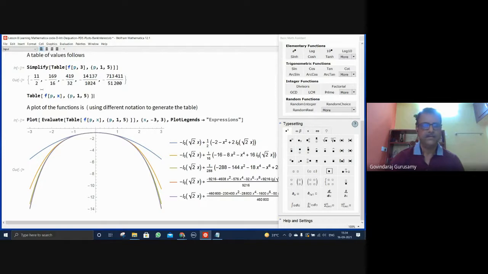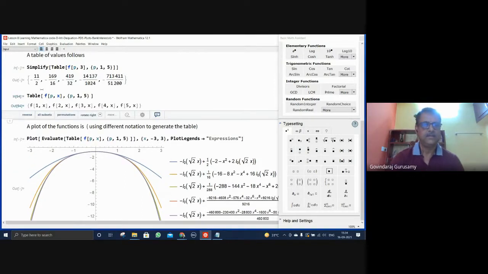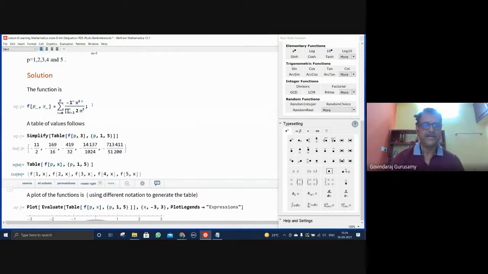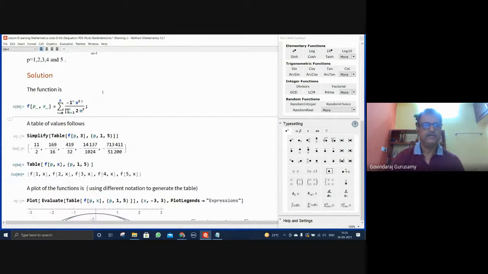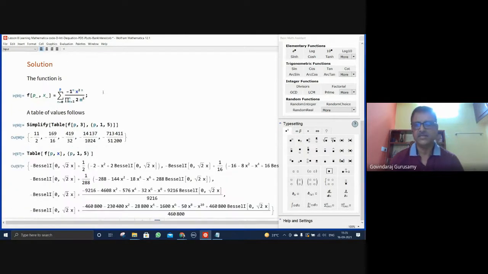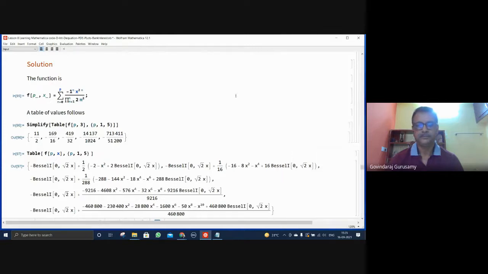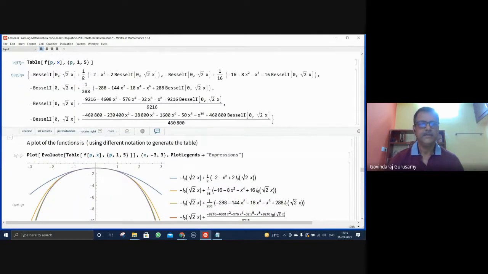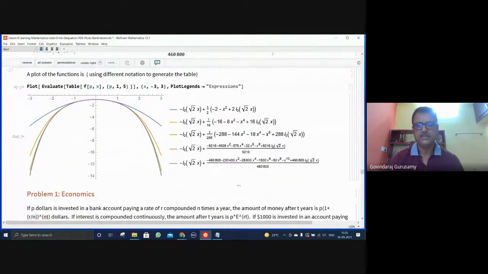Okay. This is the table, which we have not entered here, therefore it should be executed here. Evaluate for a particular value of X. For any X, this is the expression that you have. For any value, this is the expression that you have. This expression we can evaluate for a